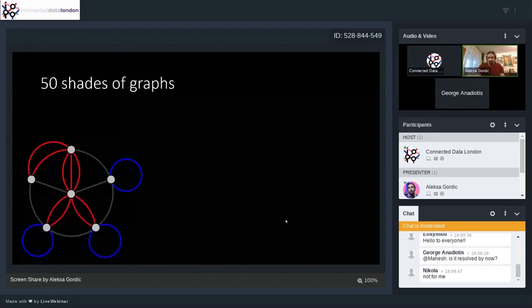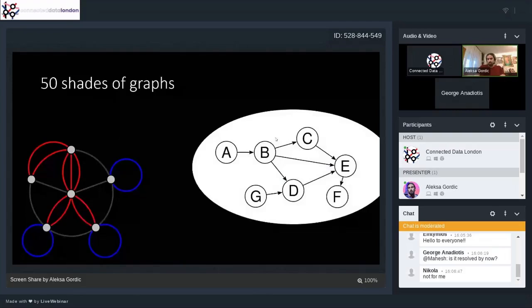Having said that, as you can see, there are 50 shades of graphs. There is a whole field of mathematics dealing with graphs, called graph theory. There is so much you can learn before even starting to do GraphML. You can learn so much about graphs themselves. They are interesting mathematical objects in and of themselves. But for the purpose of this talk, it's more important that you're just aware that they exist. Here in the bottom left, you can see a multigraph, where you have multiple edges connecting every single node. Then you have directed graphs, like the example on the right of the screen, where A points to B.